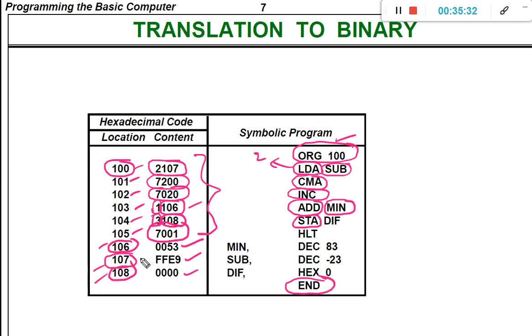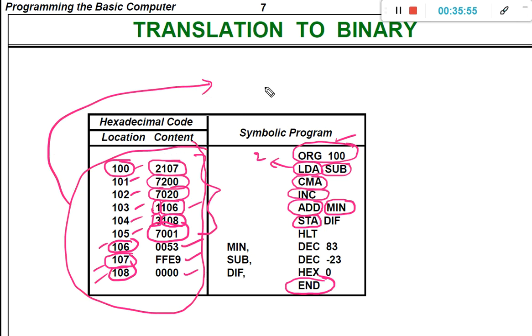Okay. So like this, we can convert the given assembly level programming code into hexadecimal code, and this is how we represent it in hexadecimal code. Now once it is converted into hexadecimal code, it is easy for us to convert into machine code. Okay, so how are we going to convert? Because all these are in hexadecimal representation, just convert them into binary, that's it.